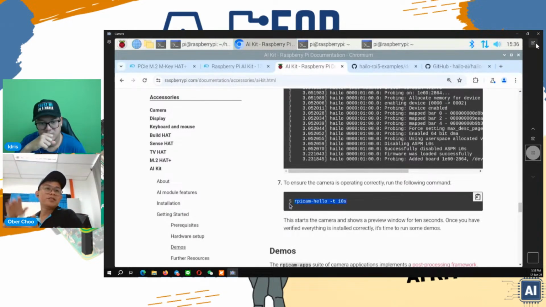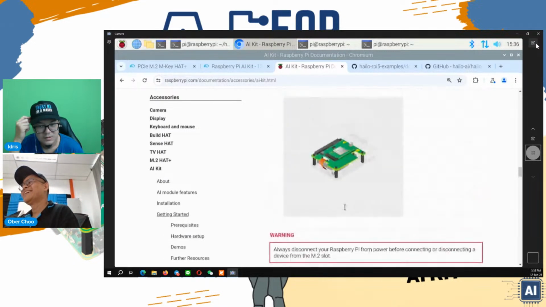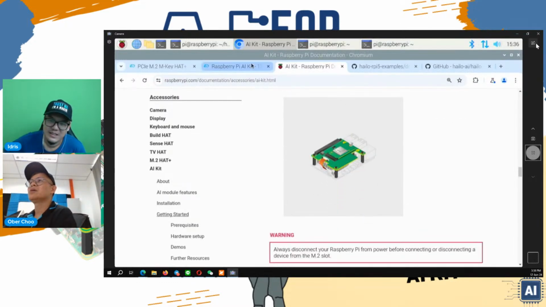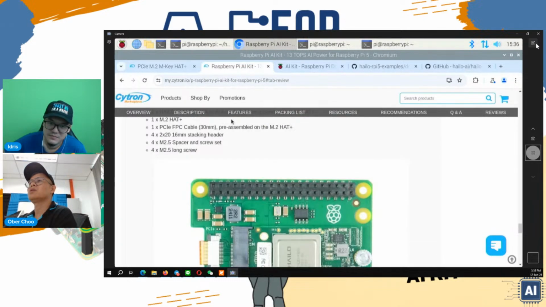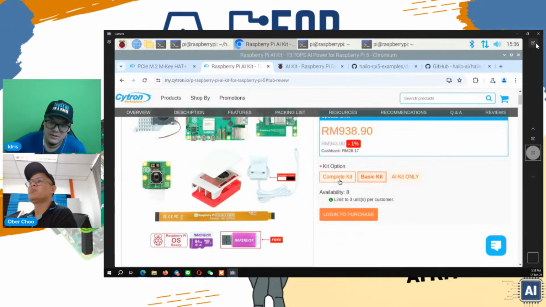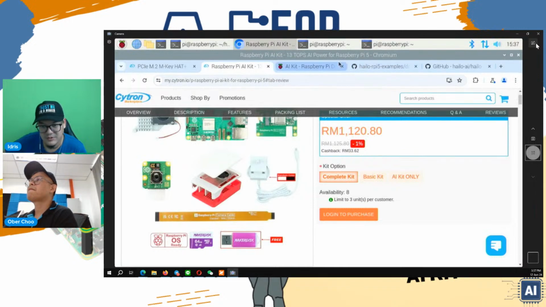Oh, forgot. Just now was the basic hardware. We forgot about the camera. It doesn't show how to install it. So don't forget about the camera. That's why our kit has a camera also, as one of the options. Of course, you have the camera. To get the complete setup, the steps must be to install the camera first, and then